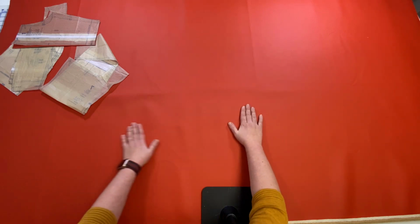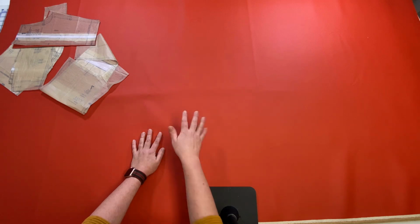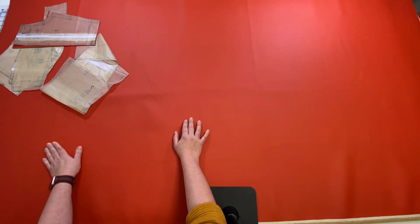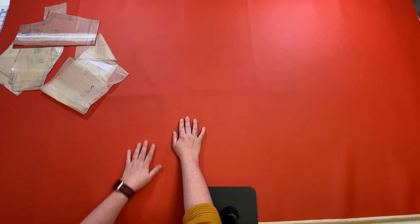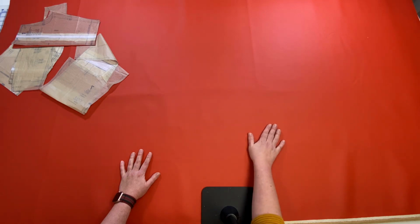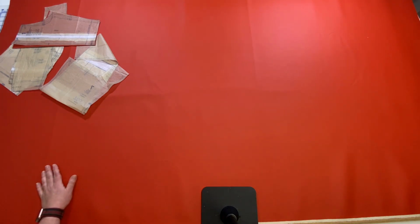Also, you can see there are some creases in my pleather because this arrived to me folded, which, I mean, it came from the UK, so it had to be folded. So there's just a few areas that I probably just want to cut around. Not a big deal, and honestly, with a little heat, you know, hovering of a steam iron or something, those creases probably would come completely out. But anyway,